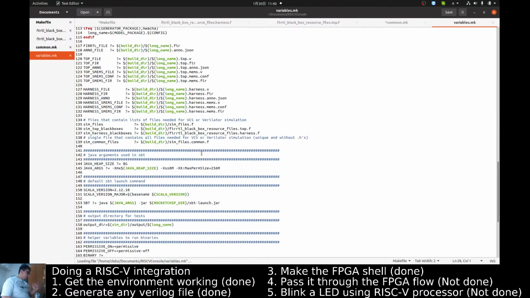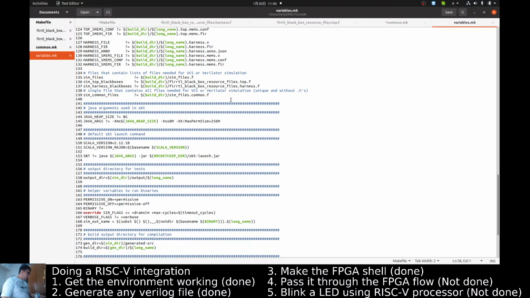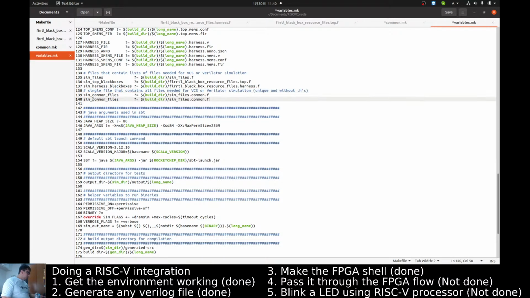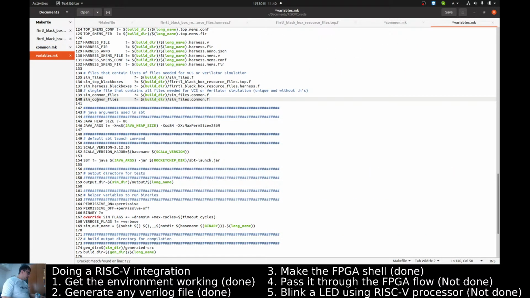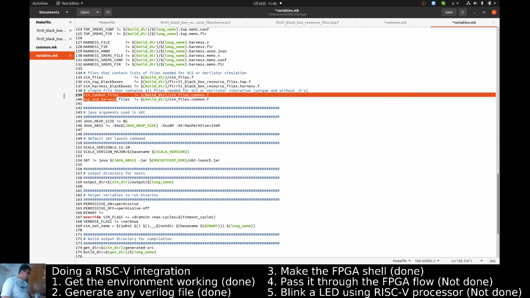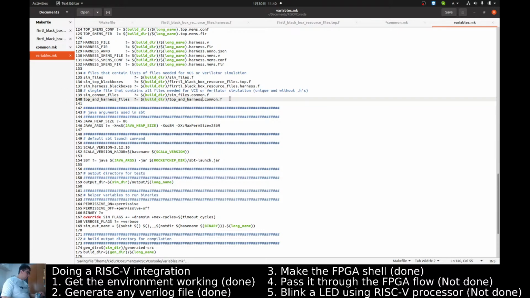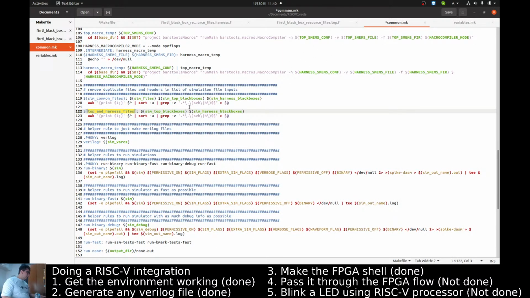Okay, so let's see what is the sync common files. Okay, so I will do this one for the new one that we created, and we're going to put it in a fancy name, and that's pretty much it. So top and harness .v.f. Maybe let's name it like that. Then we need to actually make it